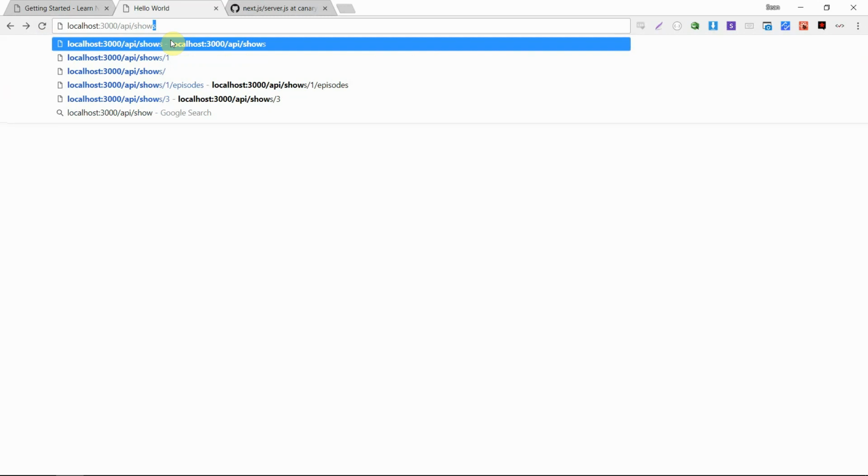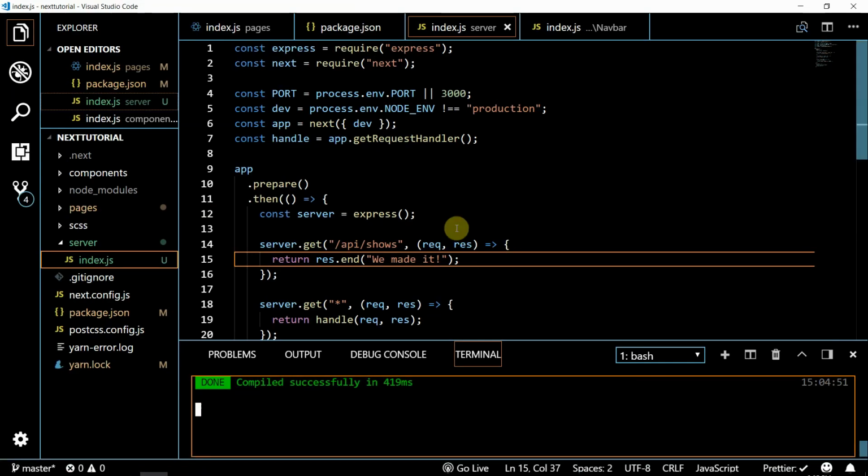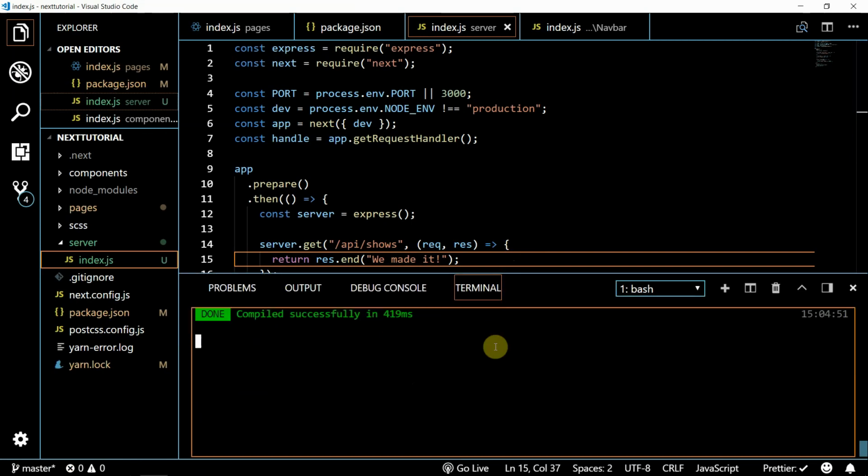So if we came to API slash, what was it, shows, right? Shows? Yeah. So we came here, we get our res.end, and it just says we made it, yay! But if we wanted to actually build our server without constantly restarting and restopping, the way that it's usually done is you use Nodemon, right? So you just say nodemon index,